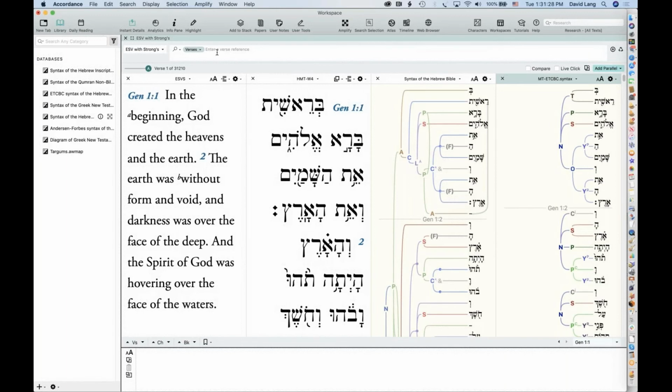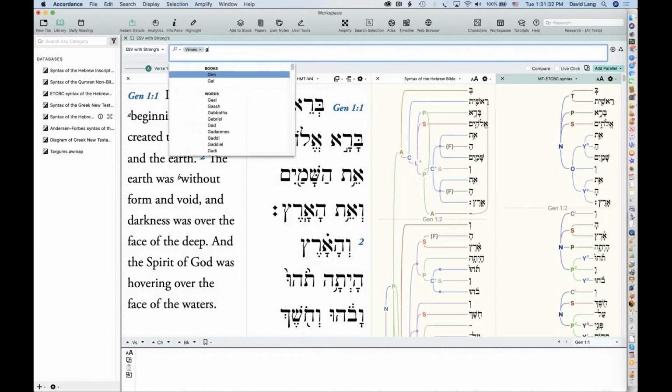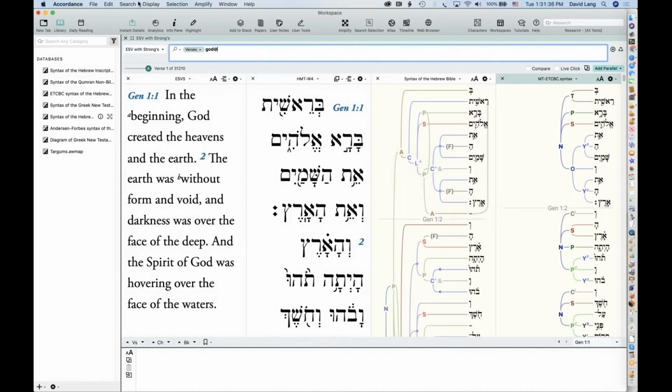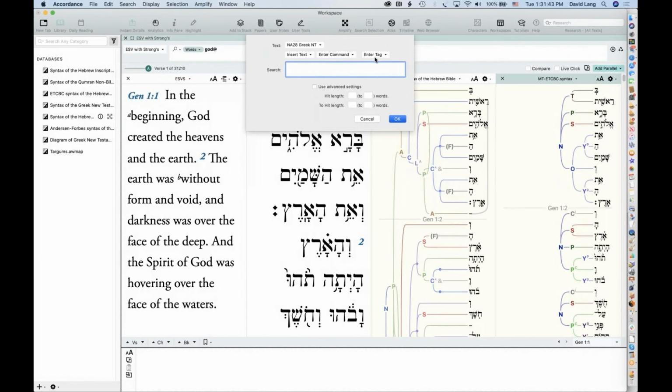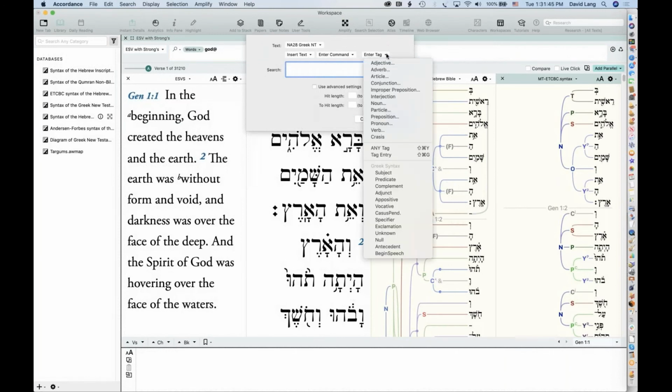you can actually leverage that even within the English. Let's try something like this. Let's do God, and I'm going to do at, and then I will enter the text command, and we'll do enter tag.